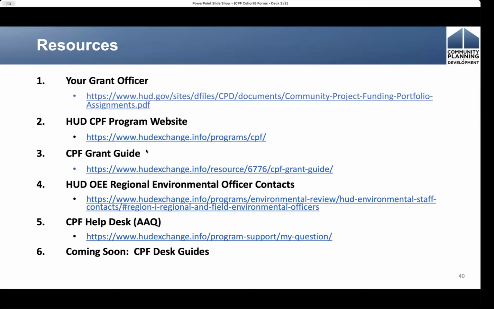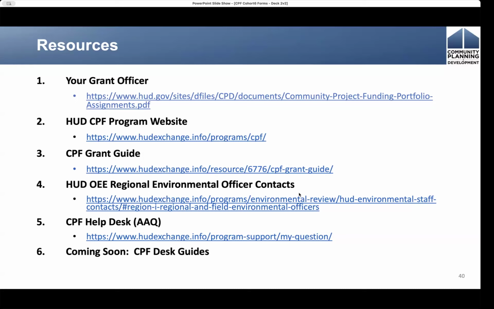So if you are still in the process of getting your materials together, you definitely want to look at that grant guide. There is a link on the HUD Exchange to the environmental officer contacts. I know there are always a lot of questions around environmental. So if you need direct support on that, those environmental officer contacts could be helpful to you.